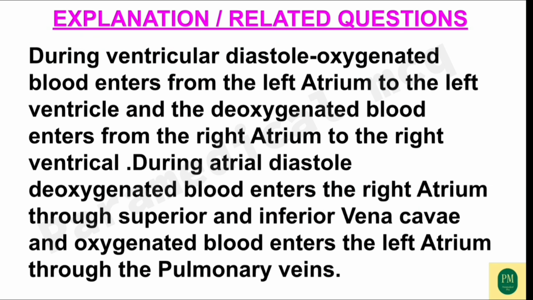During ventricular diastole, oxygenated blood enters from the left atrium to the left ventricle, and the deoxygenated blood enters from the right atrium to the right ventricle. During atrial diastole, deoxygenated blood enters the right atrium through superior and inferior vena cava, and oxygenated blood enters the